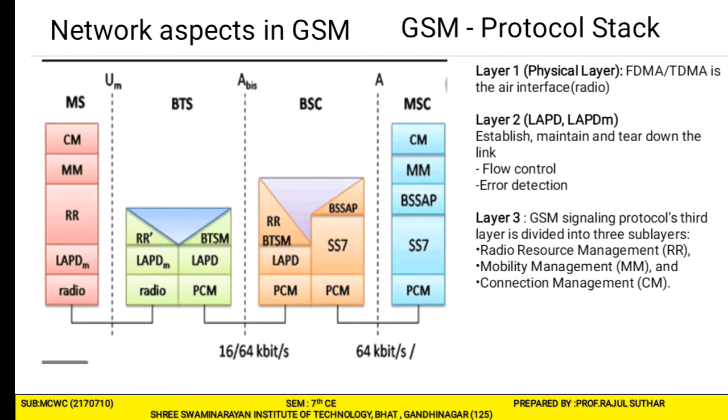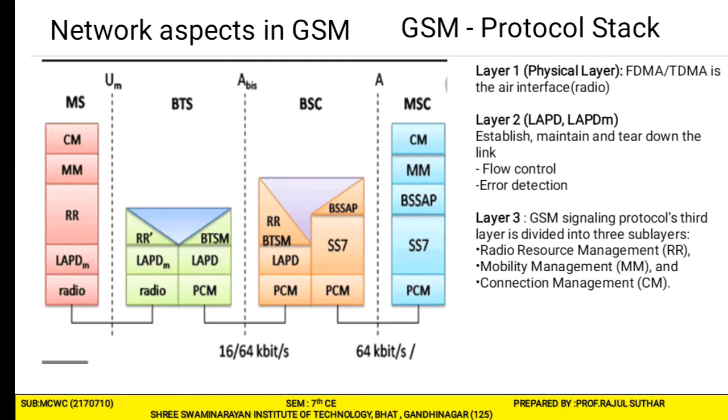Now layer 1, the physical layer, that uses the air interface. The physical layer specifies first how the information from different voice and data is formatted in the packet. Then it uses the radio modem description. It verifies the services. It uses the modulation and control technique, then power control methodology and time synchronization. So these are the functions used in the physical layer of the GSM signaling model.